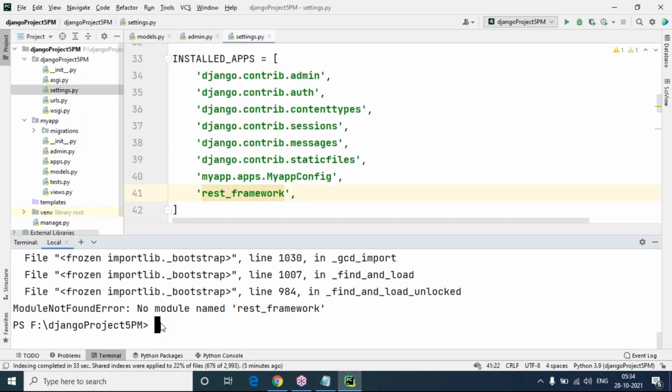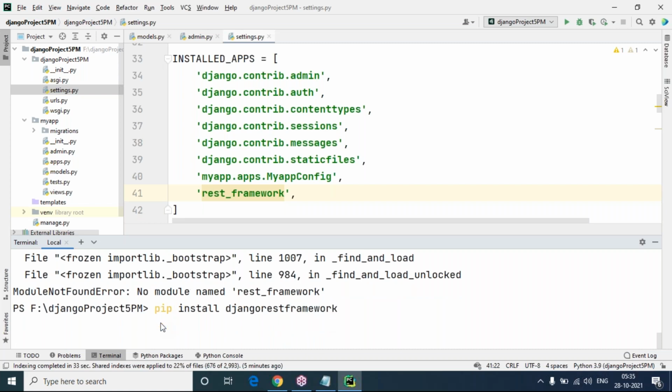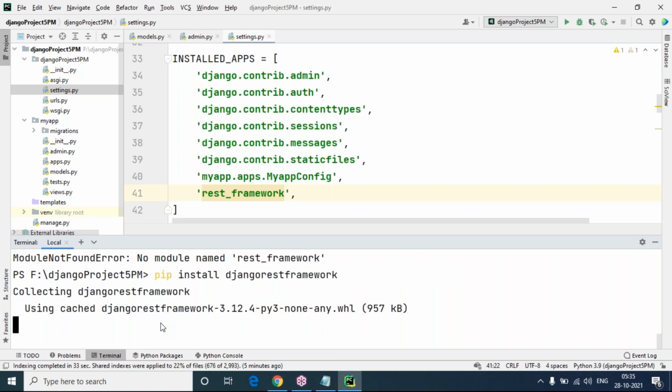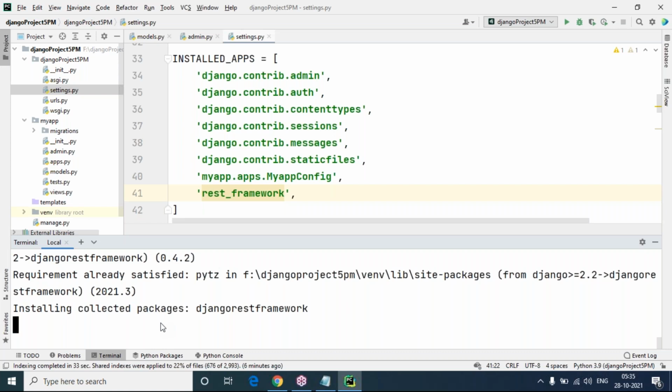Did I install REST framework? Let me check out. pip install django rest framework. Some error is there. I'm going to rectify that issue. pip install djangorestframework. Now we can see it is not installed, that's what it is showing here.